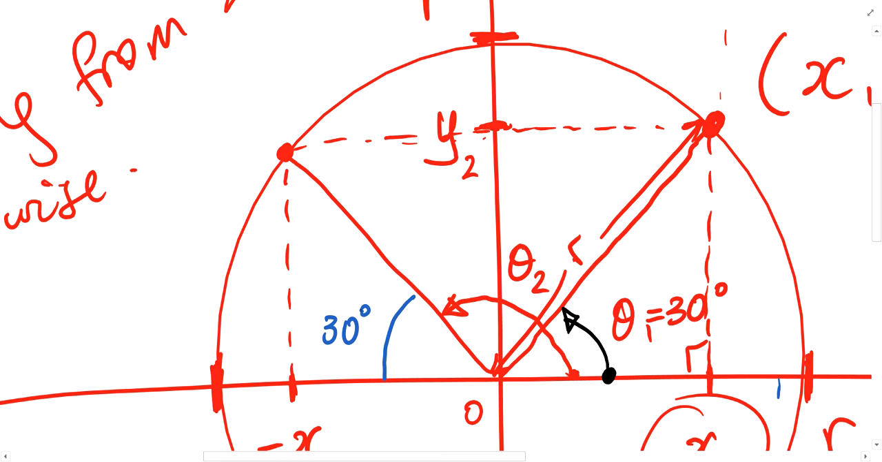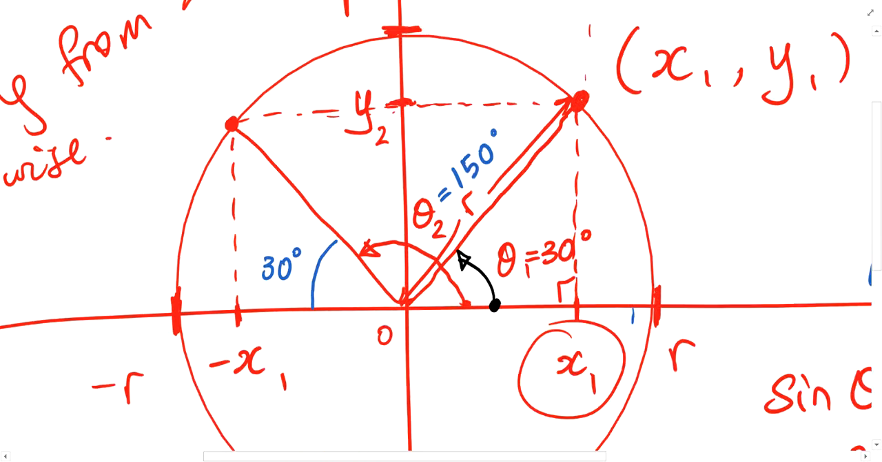So if that is 30 degrees, how much is theta 2? 150 or 120? 150. Okay, theta 2 is equal to 150 degrees. The way to find theta 2 is simply 180 minus 30 to get 150. Okay? So, let's go back to my original question,